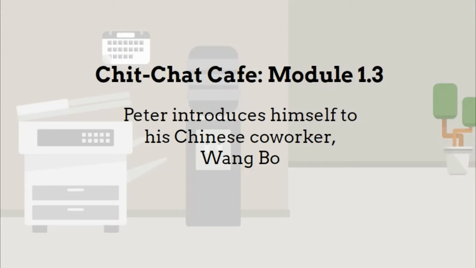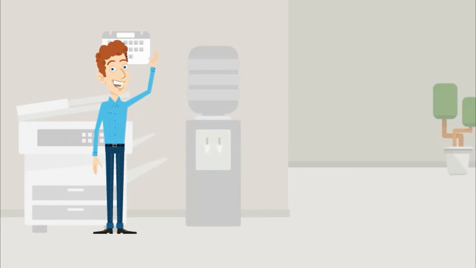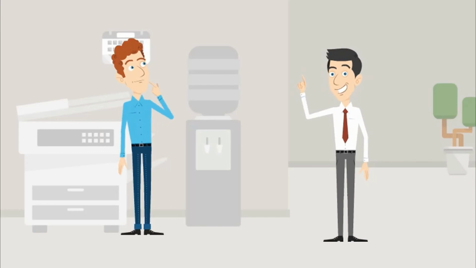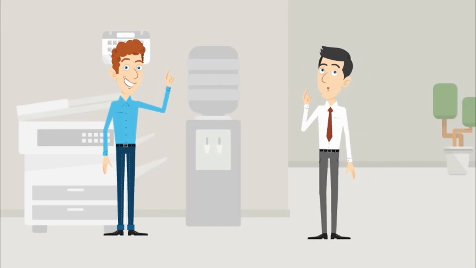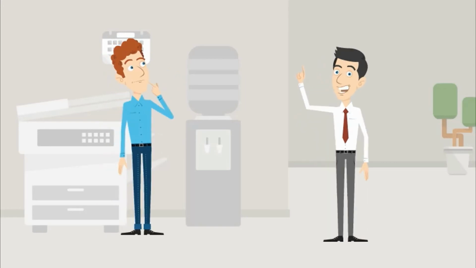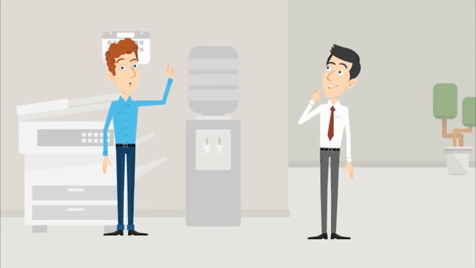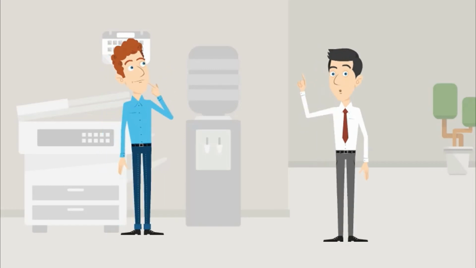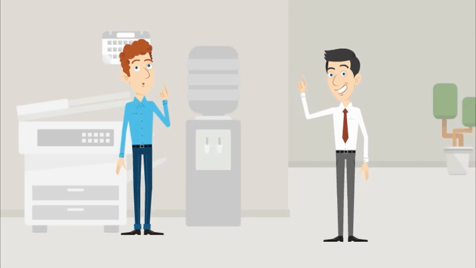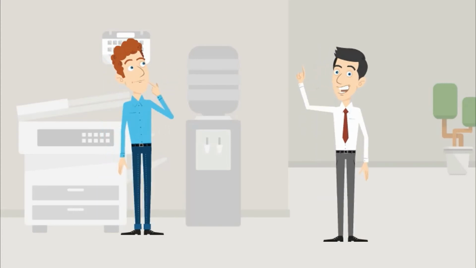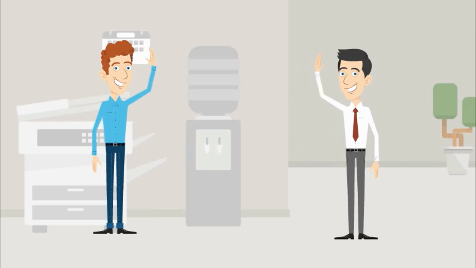Chit-Chat Cafe, Module 1.3. 你好吗？我很好，谢谢。你呢？我很好，谢谢。你叫什么名字？我叫 Peter。你呢？我叫王波。你的中文很好。哪里哪里，你的英文很好。我的英文不好。再见。再见。